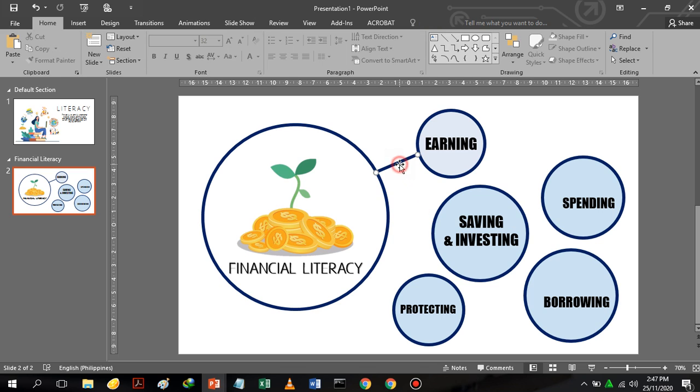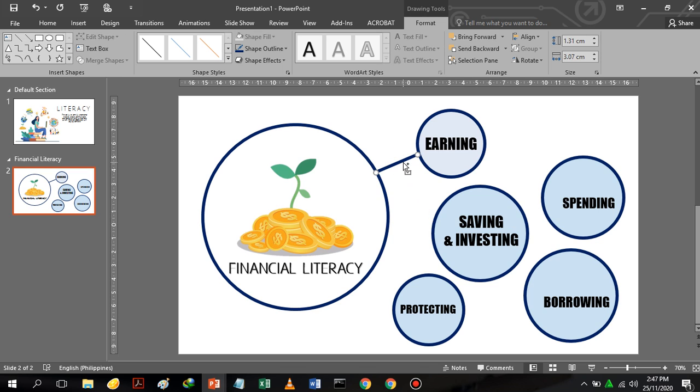And then copy this one using Control, then drag, then let go, copy again, until you have connected all of the circles.